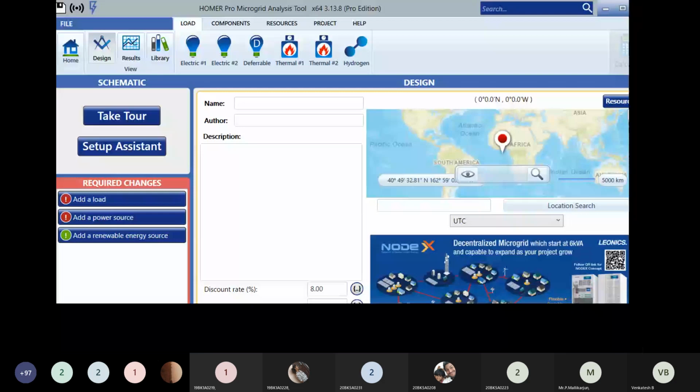But whether to assume the load is constant for the entire year or changing over 3 months, because when you look at the load profile of any community or any house, the load in summer is different, winter is different, rainy season is different.